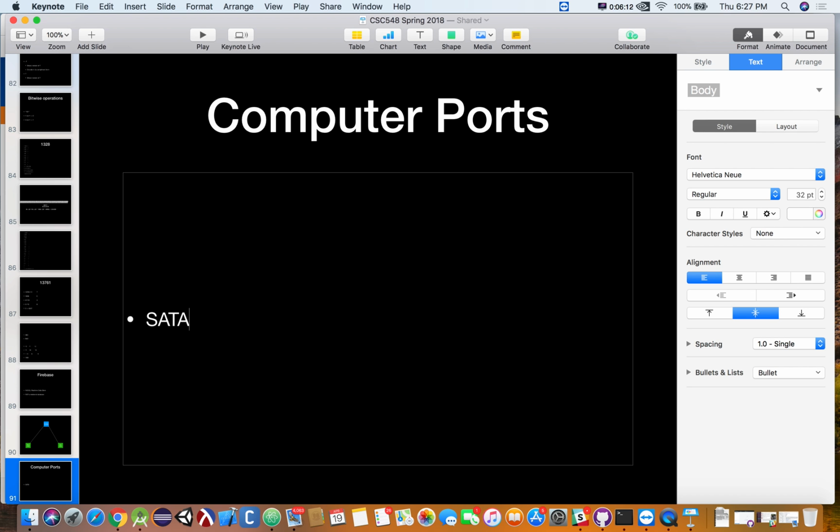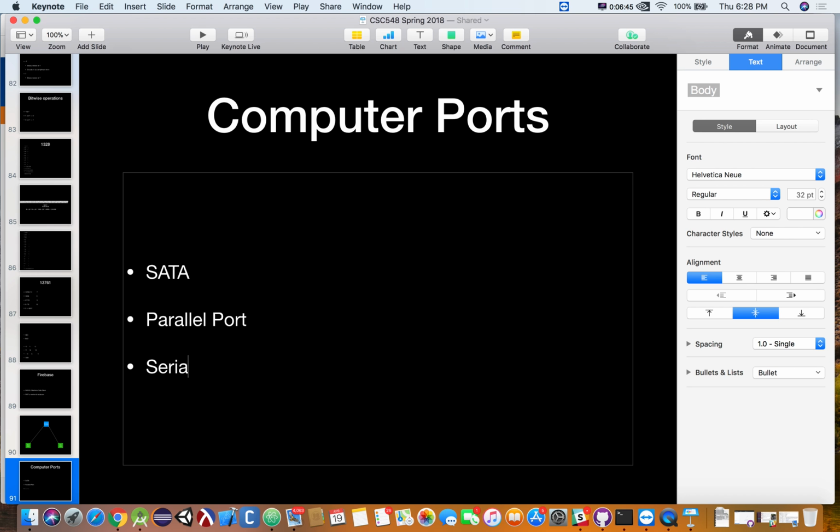Today, what kind of port do you plug a printer into? USB, right? All right. Before USB, what kind of port would you plug a printer into? Parallel port. Okay, we heard of that before? Parallel port's about that wide, two dots tall, kind of looks almost like a really wide VGA port. All right, so that's a parallel port.